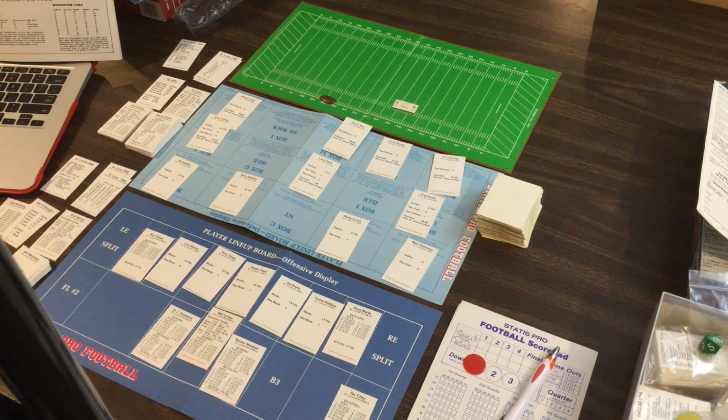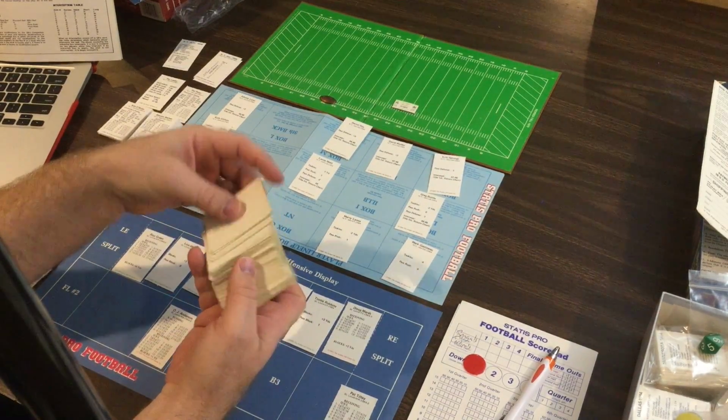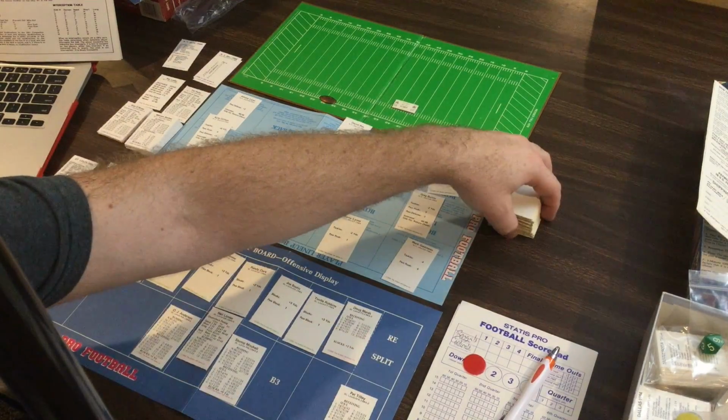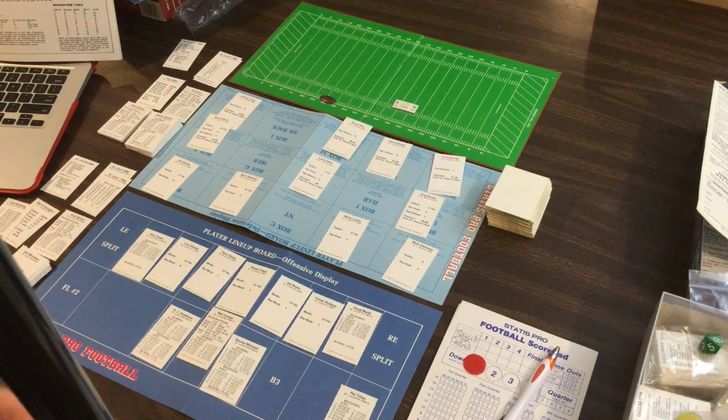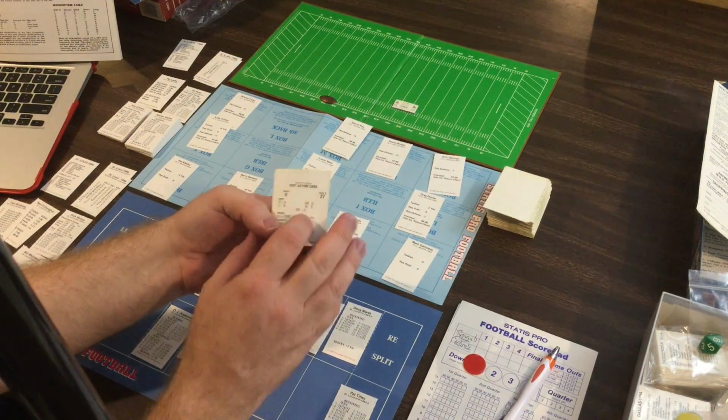The game is run through a deck of fast action cards, and everything that we're going to do in this game is going to be run through that. And we're going to play the solitaire version, so I'll be running both offenses versus whatever the solitaire defense kind of throws at me. So we start the game off with a kickoff, and we're going to flip over our